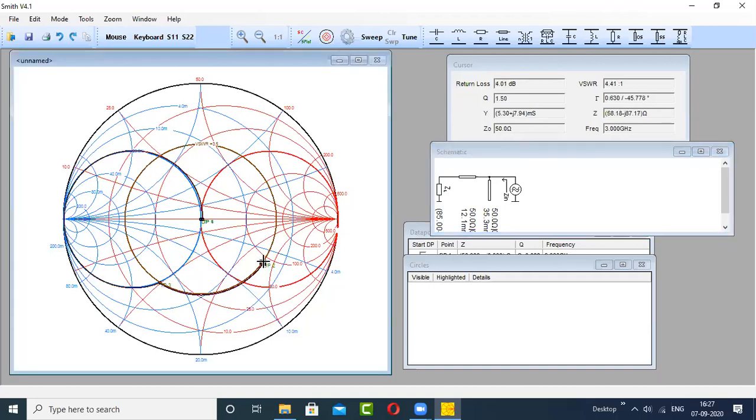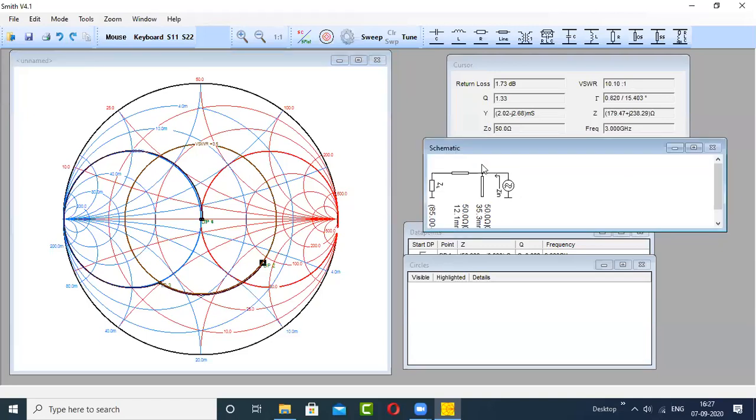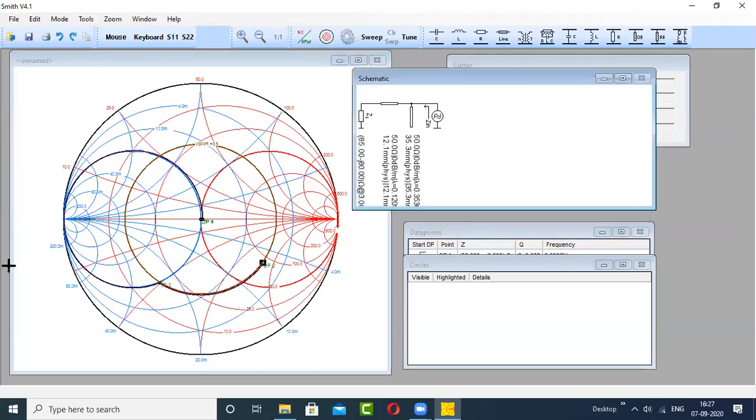Okay. Now what you have done is you started your journey from this load end, then you landed at the intersection point, and from there you moved to the center of the Smith chart. But the open circuited stub is larger in length, which you can clearly see in the Smith chart: that black portion is from here to here. It's not from here to here. It means that the open circuit stub here is not suitable actually because the length is larger.